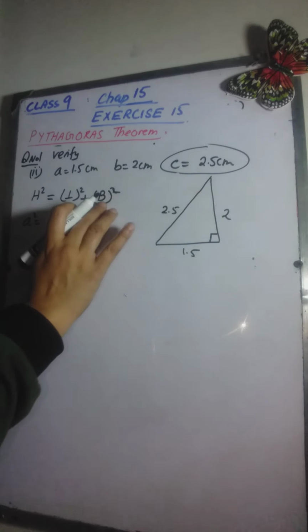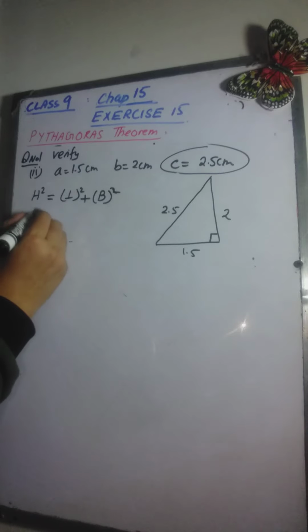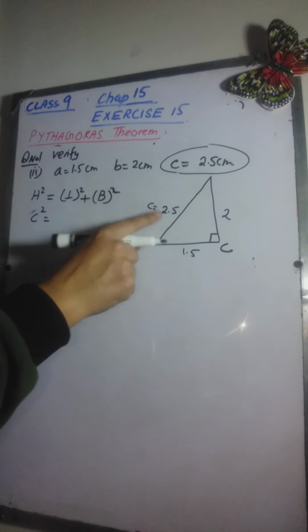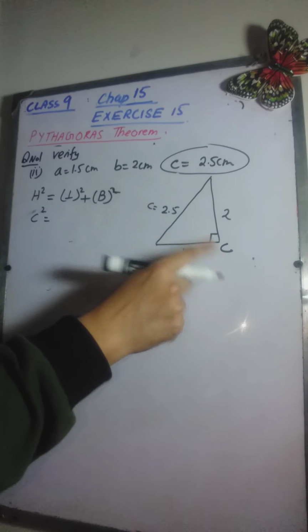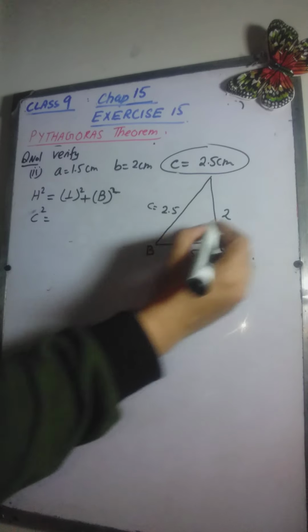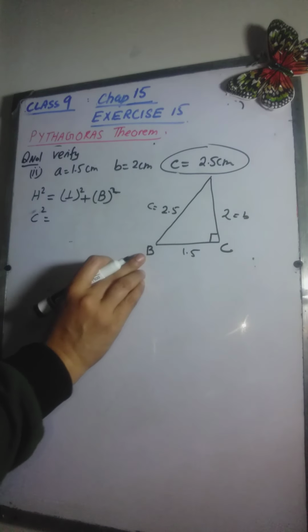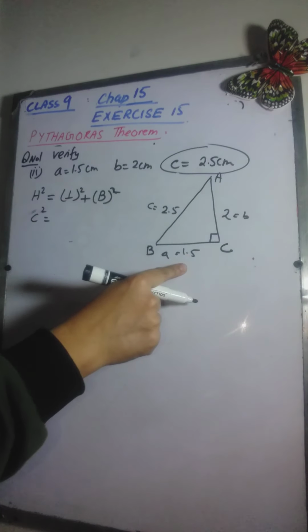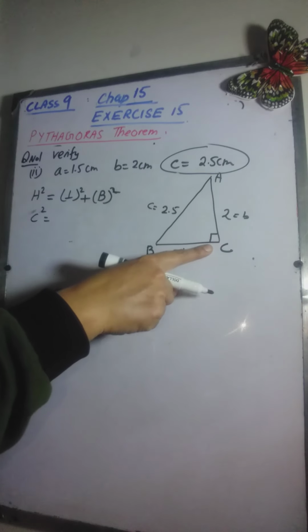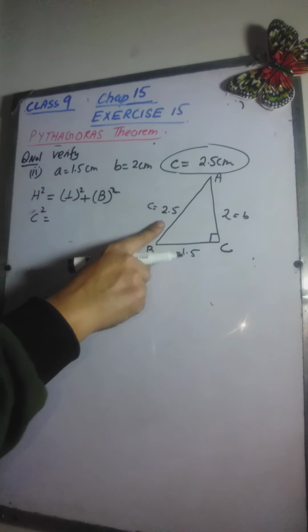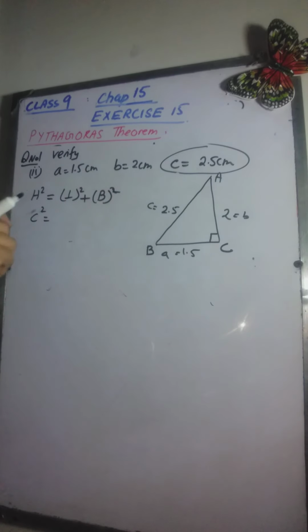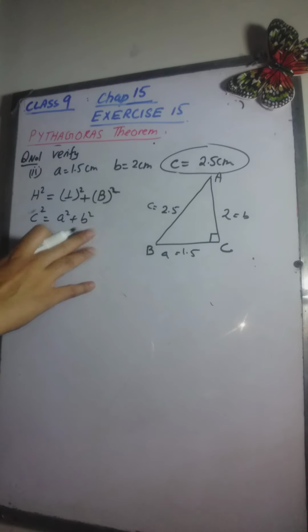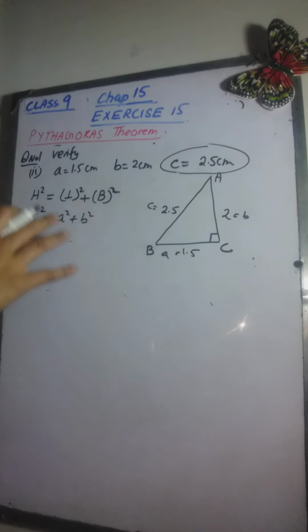If it satisfies the Pythagoras theorem, that is, c is the length opposite to vertex C, and the length small b is equal to 2, opposite to vertex B, and this is a, which will be opposite to vertex A. So the 90 degrees angle will be at vertex C, because opposite to it we have the longest side. So we have to prove that c square is actually equal to a square plus b square if we want to prove that these measurements belong to a right triangle.